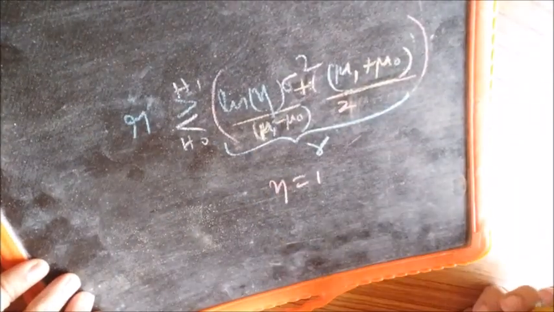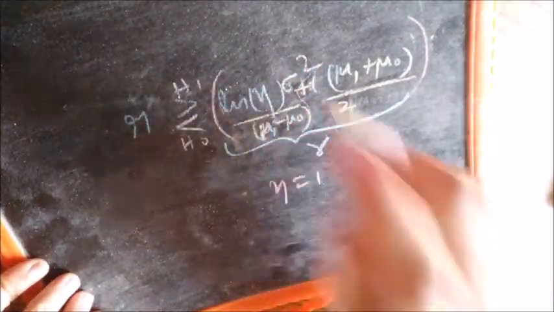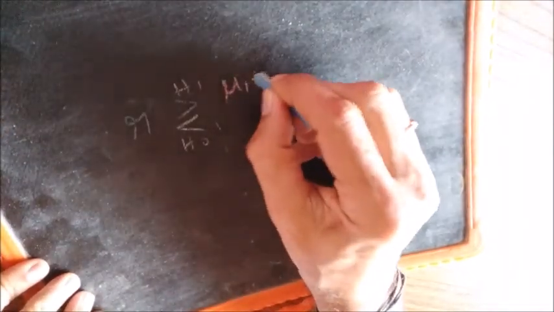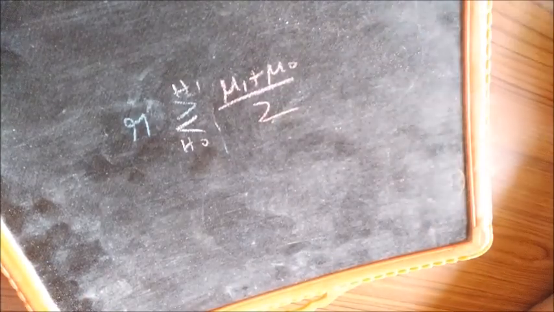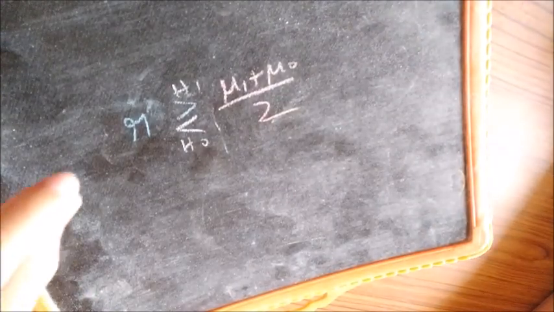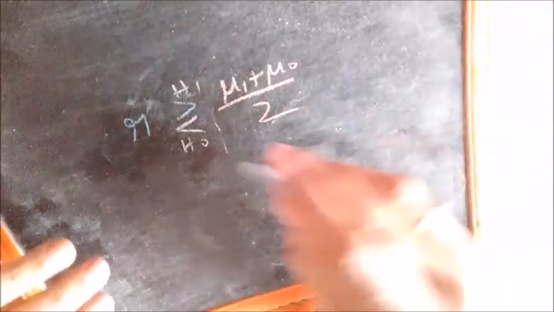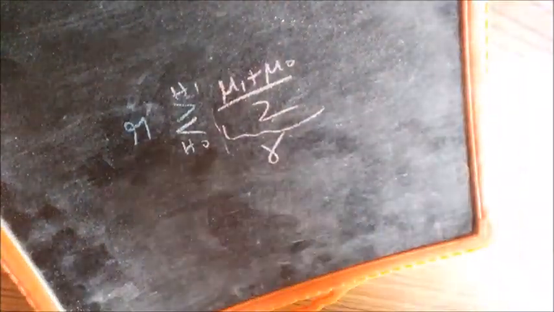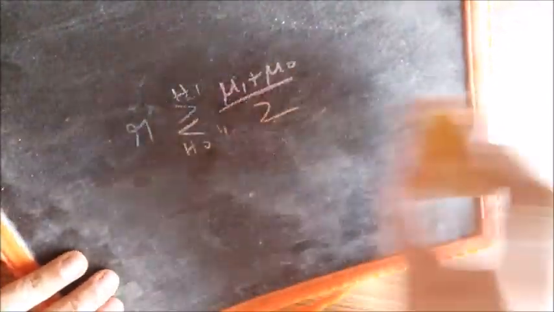So in such special cases, when ln eta becomes 0, this term vanishes and we will have the result like this. This is the test in such cases when eta is 1. You have received a random variable, you just compare it with the term on the right hand side, which is the new small letter gamma now, and you take a decision. Now we can depict this pictorially, and let me just write it down here again.